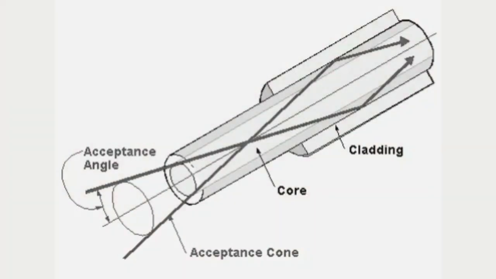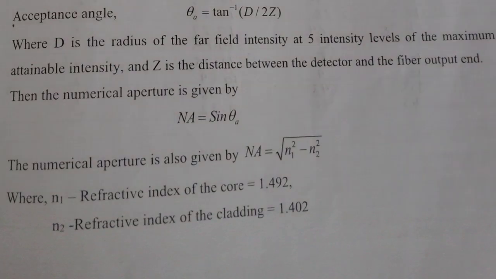Numerical aperture varies based on this thing called the acceptance angle. The acceptance angle determines the size of the cone of light: imagine the light falling on a surface to be a cone of light coming from a source. So the acceptance angle gives the size of that cone, and it can be guided through the optical fiber. So acceptance angle is given by theta A is equal to tan inverse d by 2z. We'll discuss what d and 2z are. So, speaking of